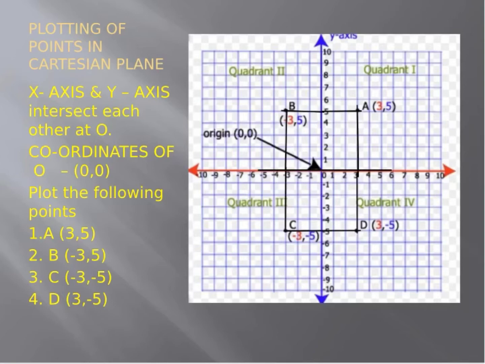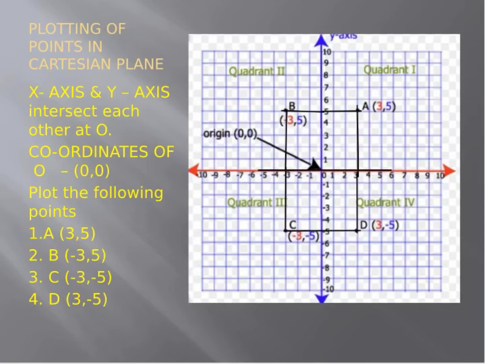Now how to represent this point A on the coordinate plane? Here the x coordinate of point A is 3. So first of all, you have to draw a straight line from 3 on the x-axis in the upward direction, and the y coordinate is 5. So you have to draw a straight line from 5 towards the right direction, and you will see that these two lines are meeting each other, and where they are meeting, that is point A, 3, 5.